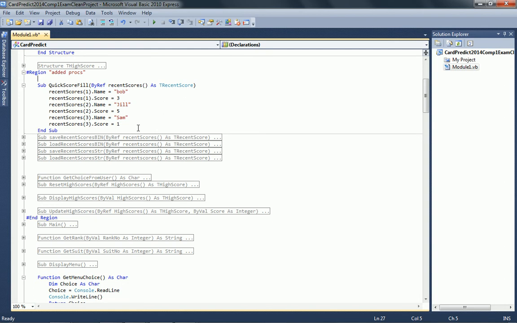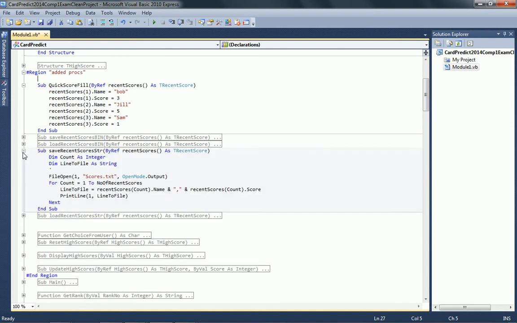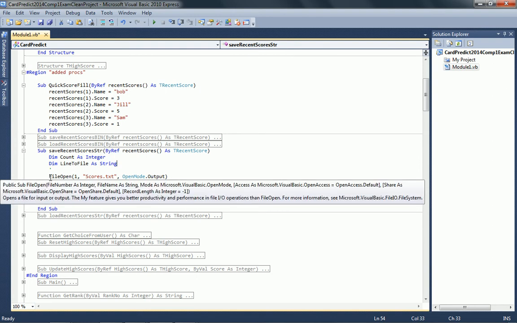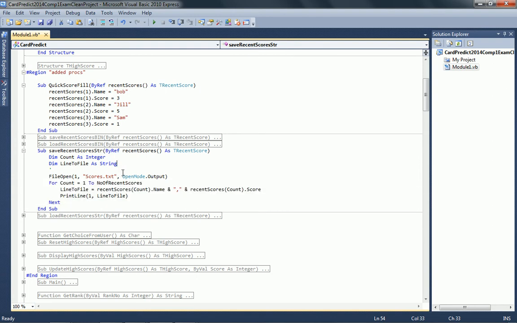Right, as we're here, I will show you the string solution first, and then I'll show you my binary solution, because basically we could use a standard text-based file, or we could look at using a binary file. So basically what this does is open the file, and then